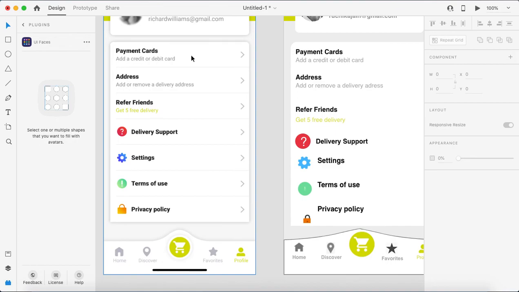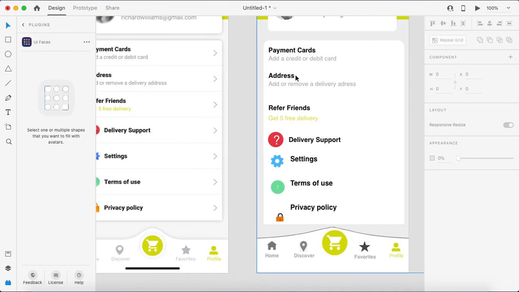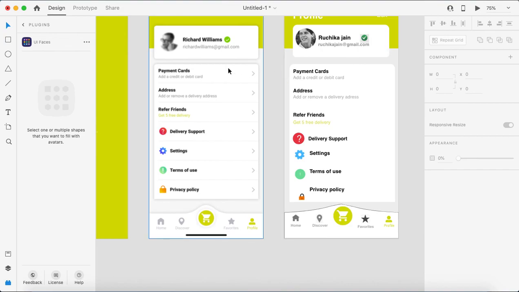Okay, this is nice. This is the first thing. Second thing, here we forgot to place an arrow. Delivery support: here they have the same size of icon, here we have a different size of icon. It is not aligned, not in the same line.